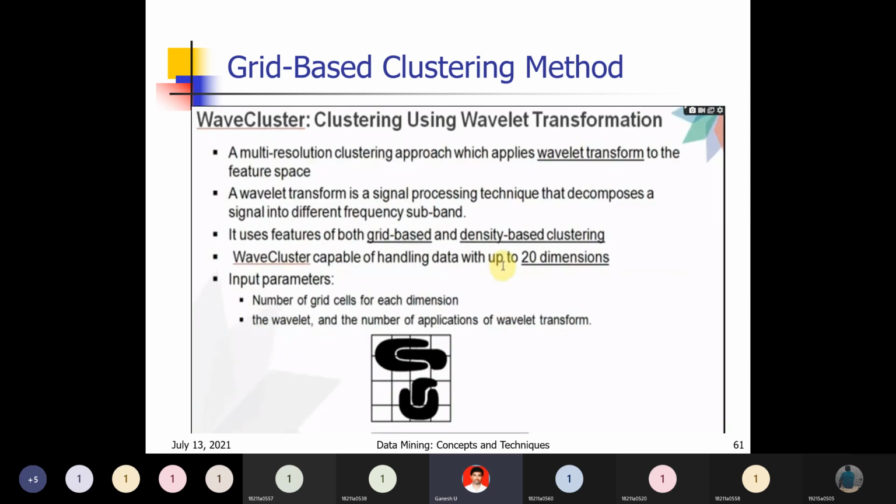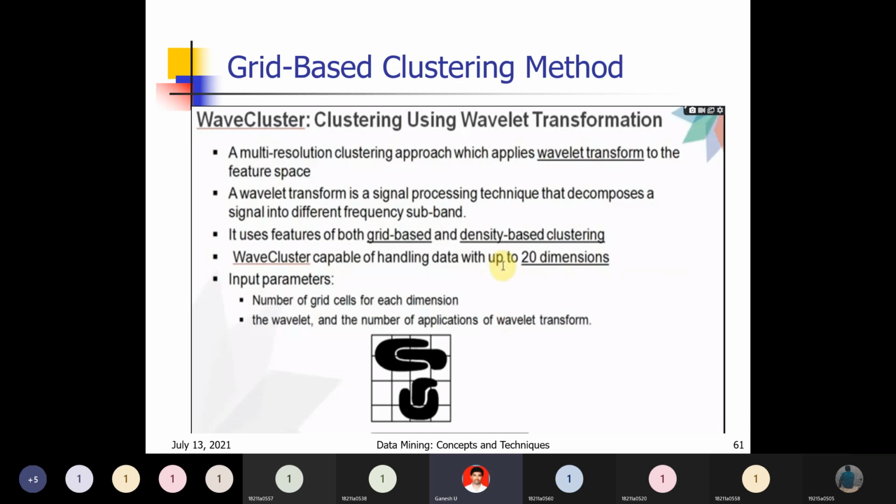So in grid-based clustering, the other method is the wave cluster method. What is meant by wave cluster? Already I told you. Wave cluster is nothing but the signal is divided into a number of sub signals. The signal is divided into a number of sub bands. Again that is divided into a number of subparts. Each and every subpart is called a wavelet transform, that we call a wavelet. Each and every small part is a wavelet here. This wavelet combination is nothing but wave cluster.